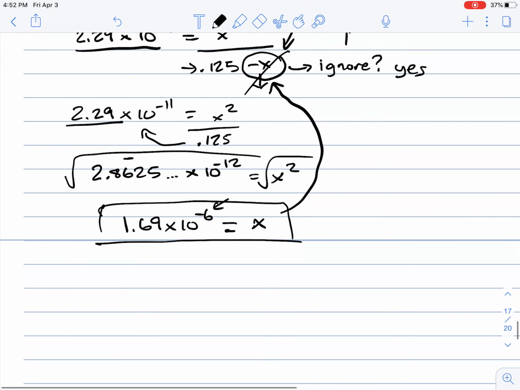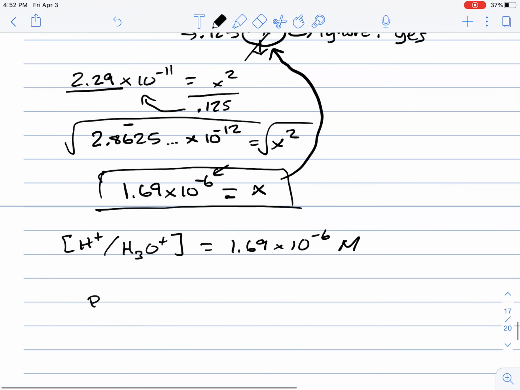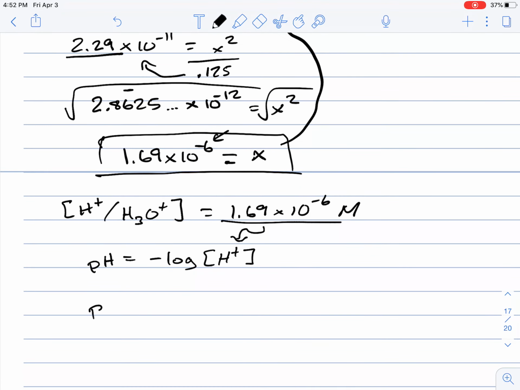Therefore, the concentration of H plus, or hydronium, they're both equivalent, is going to equal 1.69 times 10 to the negative 6 molar. To determine the pH, we plug it into the formula, negative log of the concentration of H plus. We take this number, plug it into our calculator, and the pH of that solution is going to be